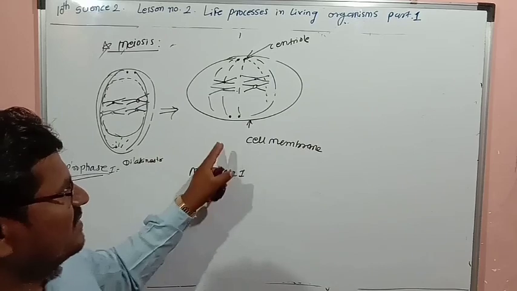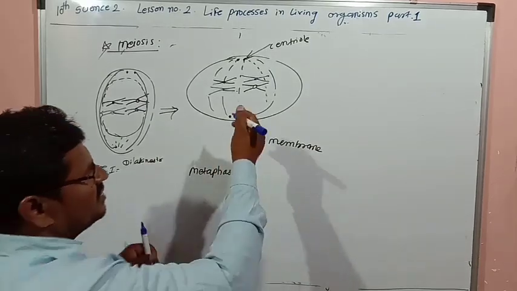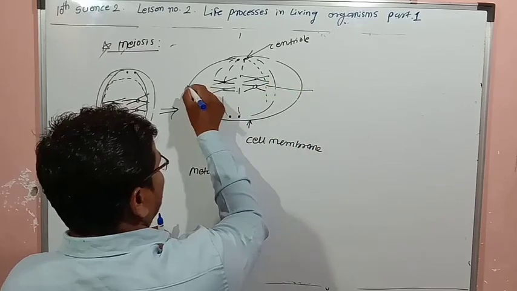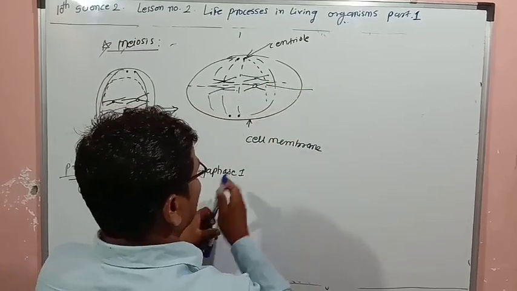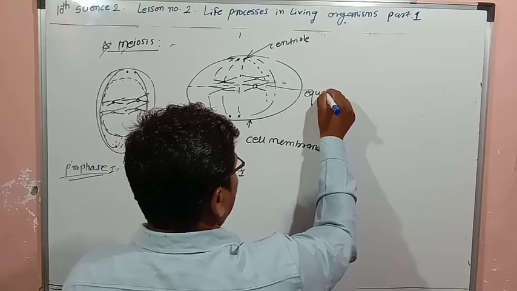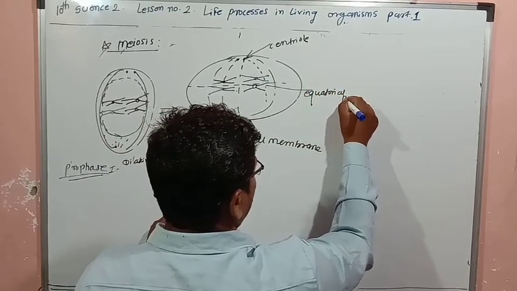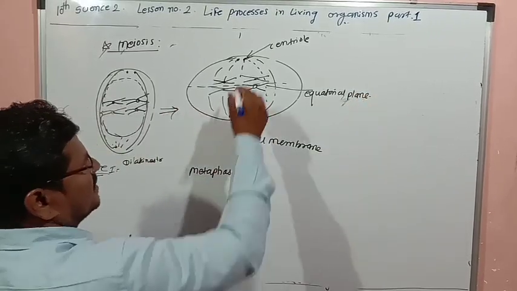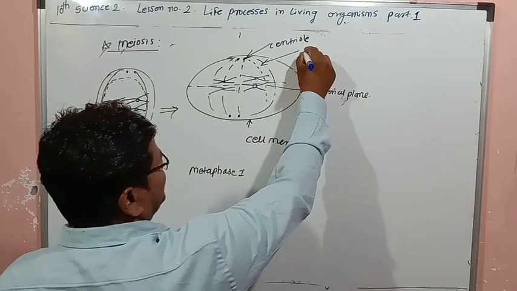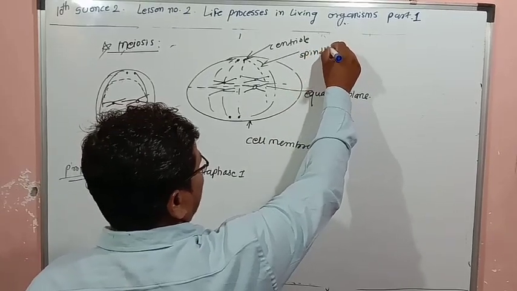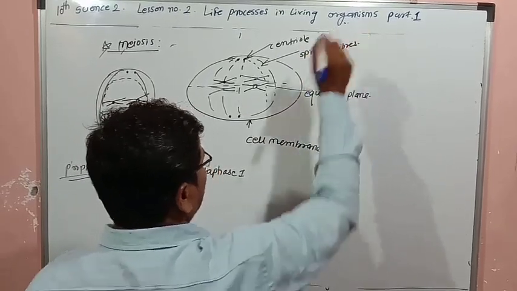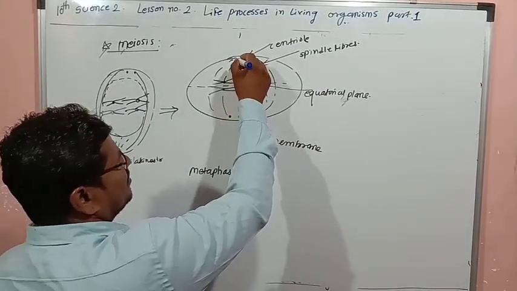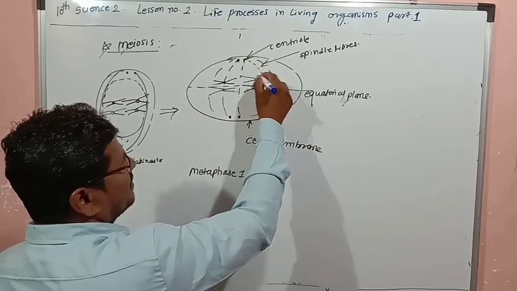So in the metaphase we have studied, these chromosomes are brought to the equatorial plane. They are coming to the equatorial plane. Here will be spindle fibers. So we have studied, spindle fibers will get developed between. This one will be here. It will be